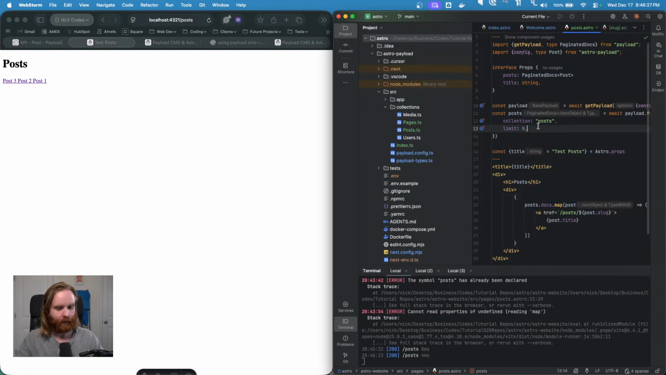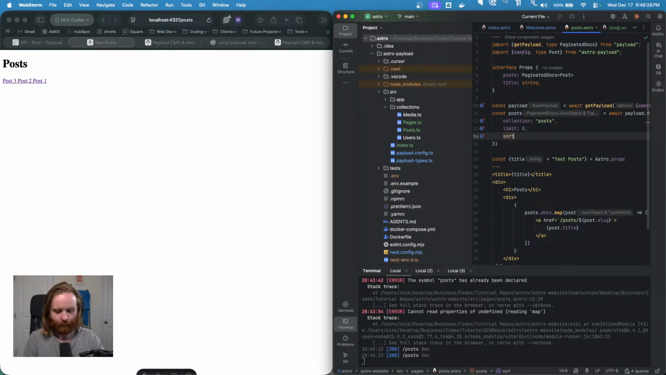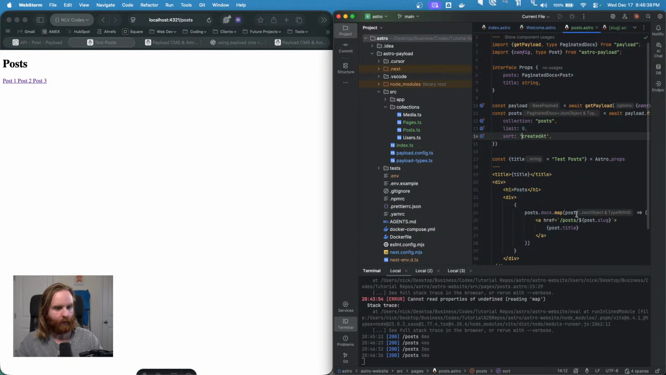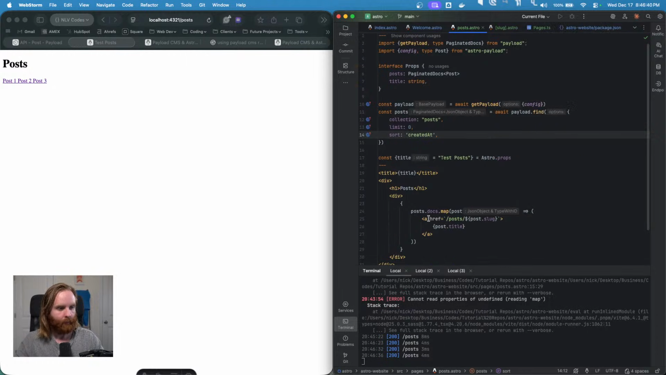Then I want to actually sort negative created at, so that should change. Nope, just created at. There we go. Now we can do some quick styles and then call it a night where, if I don't break this, which I think I just broke it,